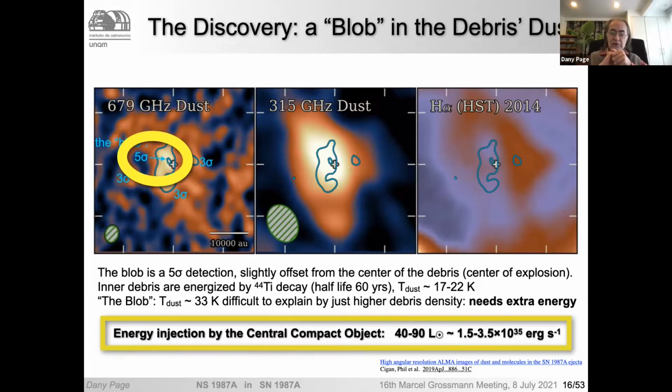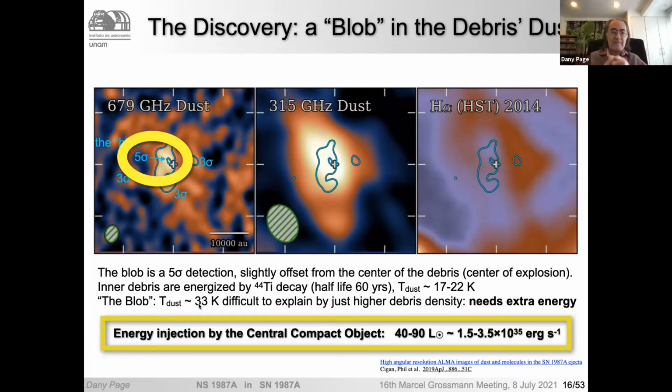And you need about 40 to 90 solar luminosity to explain this. So basically that's it. It's a blob of dust. They call it hot or warm. It's actually at 33 Kelvin, while the ambient dust is at about 20 Kelvin. And to heat it from 20 Kelvin to 30 Kelvin, you need about, let's say, 40 to 50 solar